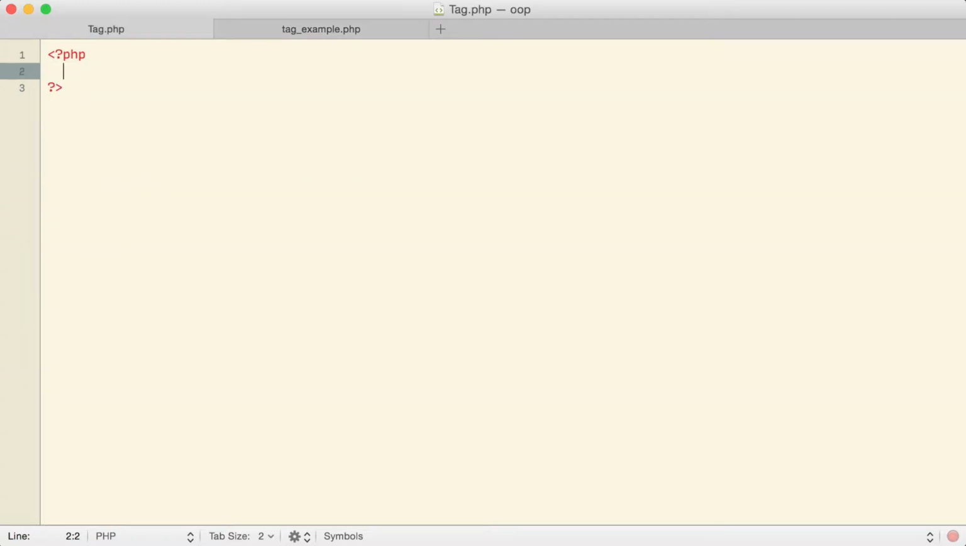I've started that file and I have nothing in it at the moment other than an empty set of PHP tags, but this is the place where I could then start my tag class. So I'll go ahead and start off by defining class tag. There we are. And the first thing I would probably want to do in my tag class is go ahead